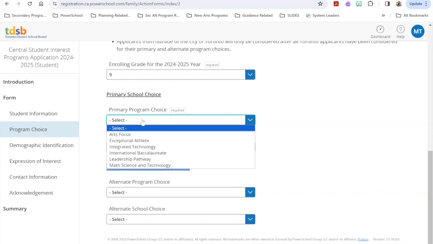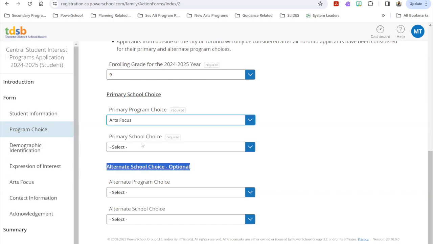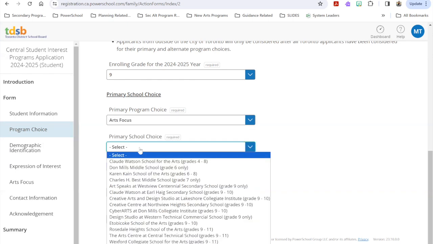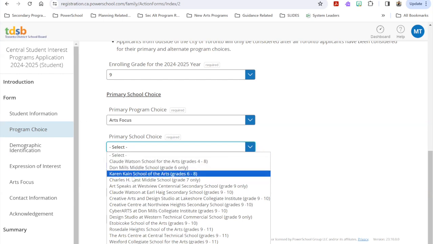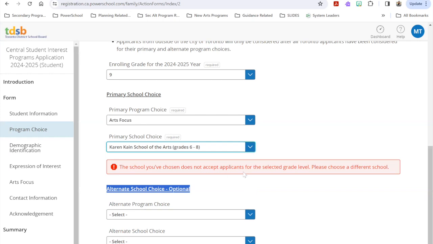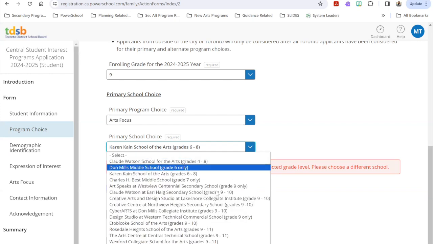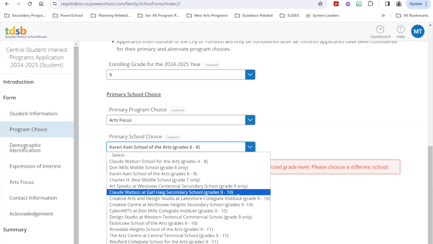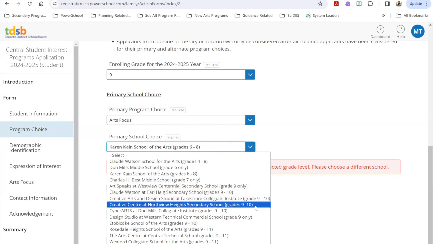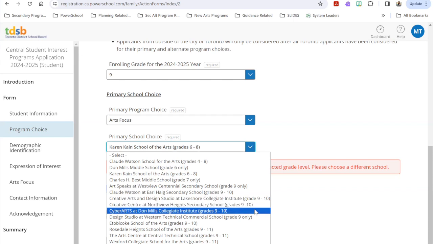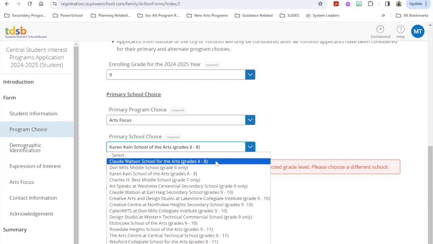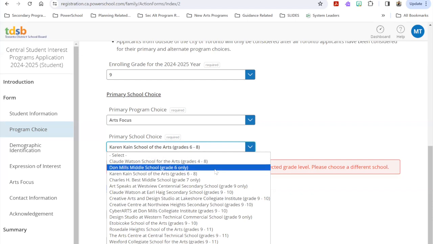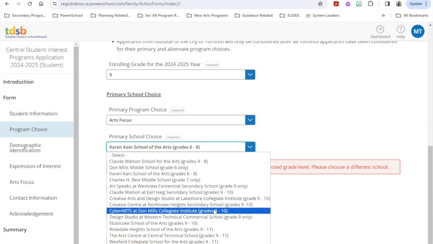So student is looking to apply to an arts-focused school. I need to then choose the school choice. You'll notice there are elementary options, but I can't choose an elementary option because I'm applying for grade 9, and it tells me that. Please make sure you're picking a school that has a grade 9 program. You will notice that some of the programs are accepting applications in grades other than grade 9. That's the secondary level. And at the elementary level, there may be grade ranges, or there may be a single entry grade. So there has to be a match in terms of what the program is open for.